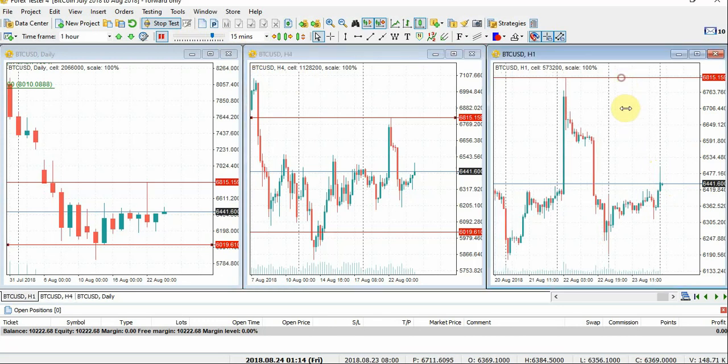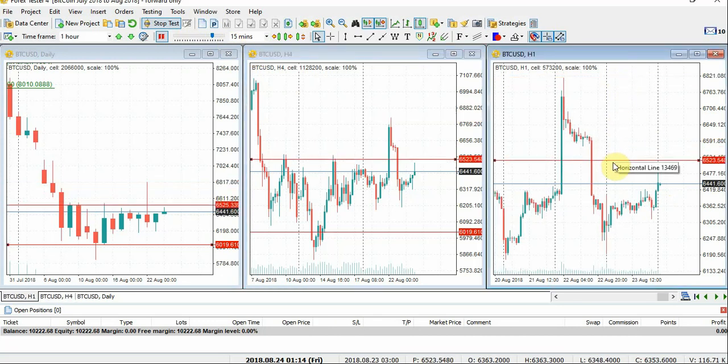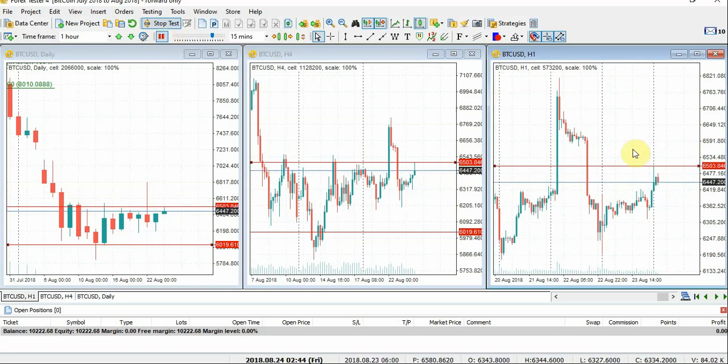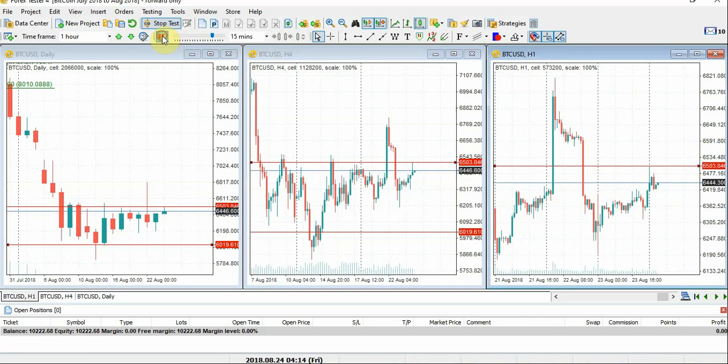So let me just trail down the re-engagement point. Okay, let's verify that's going to be a high. Okay, that is a high. And now I need a higher low on the hourly. That has become a low. So,